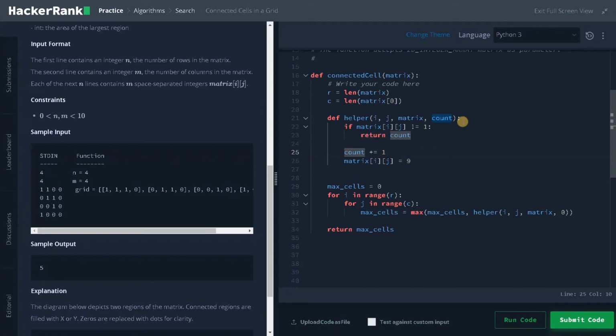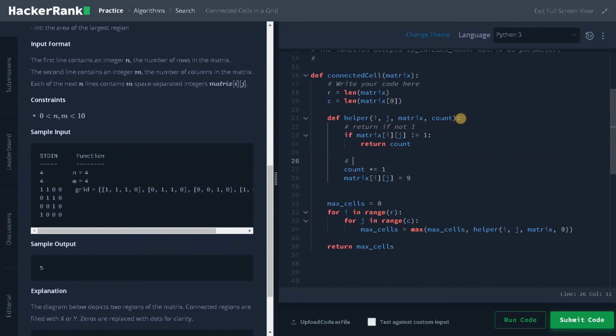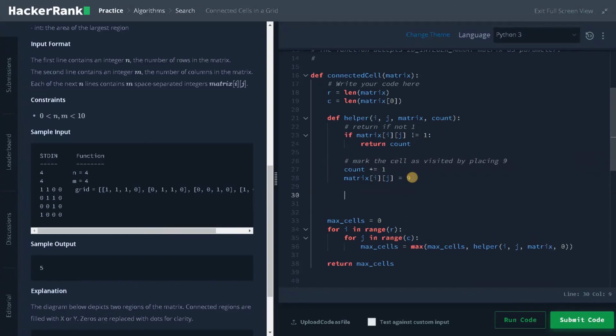So I will comment these cases, return if not 1, and here mark the cell as visited by placing 9, and after this we are going to go for the condition.